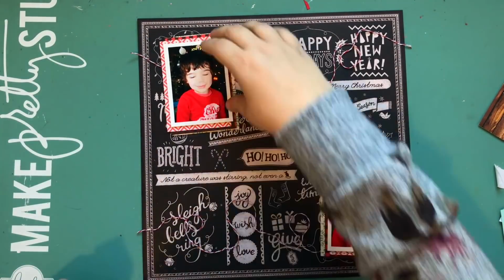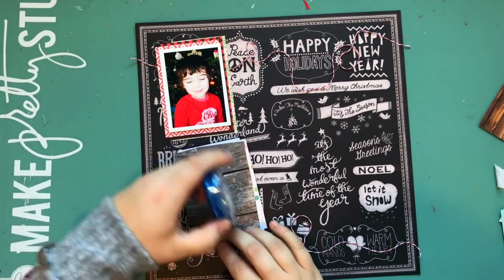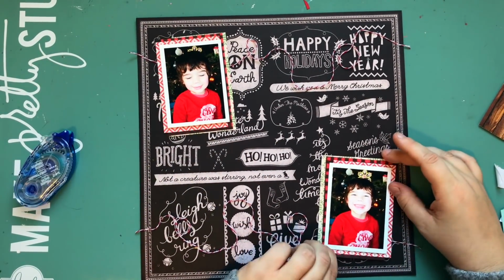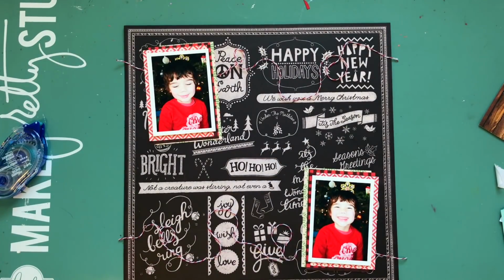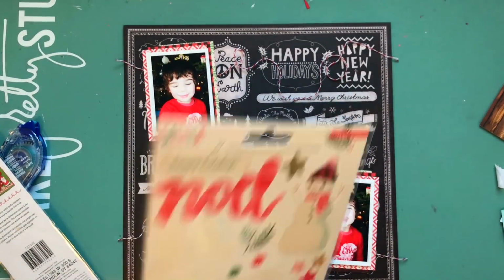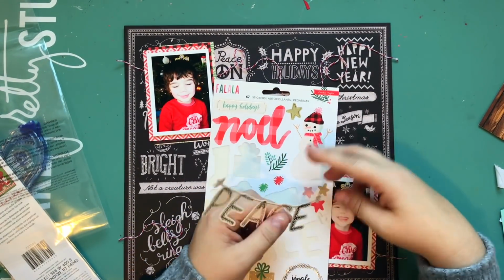So I had debated which place I wanted to put my photos, but I liked the idea that the top one was almost looking down and the bottom one was kind of looking up. I just thought that was really kind of cute. And I'm putting them on a tilt because it just gives a little bit more of a fun look to it. I wasn't sure what kind of embellishments I wanted to go with. I really liked that piece, and I kind of think in the end I should have gone with this one for the title,